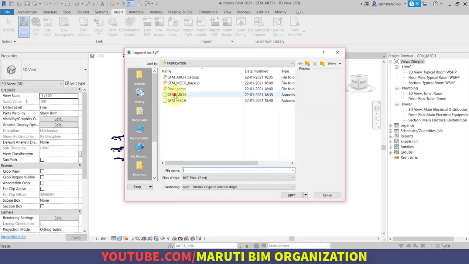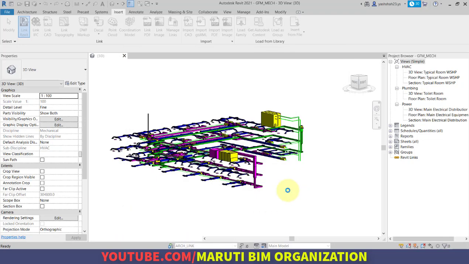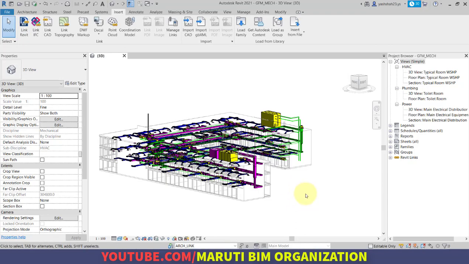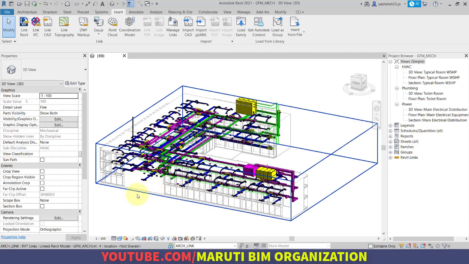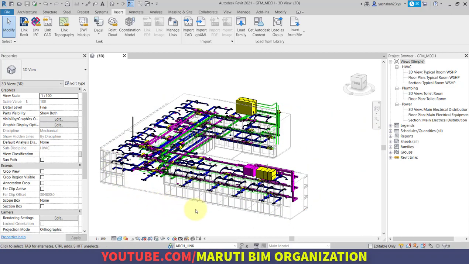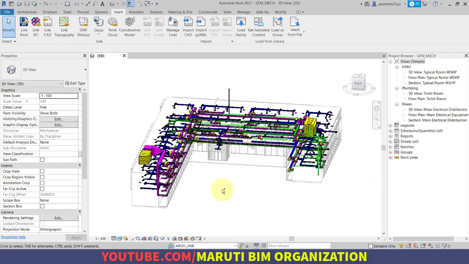There is an option here, the architecture file that we want to link, and make sure the positioning is set to auto, internal origin to origin. Click on open. As you can see, the architecture model has now been linked into this MEP model, so that you can have a clear idea of the background of the architectural model like walls, doors, windows, and the MEP model as well. We will save this file, and we will move on to the fabrication process.